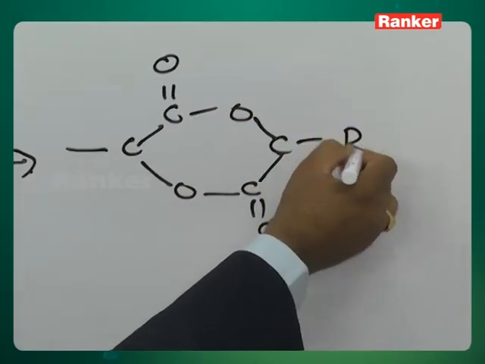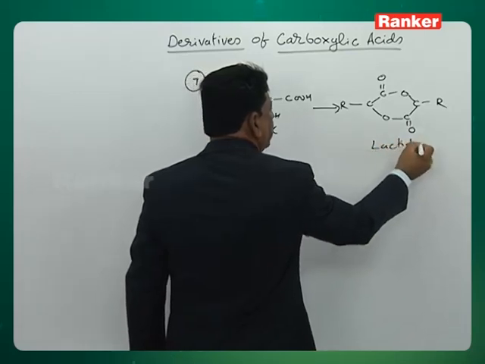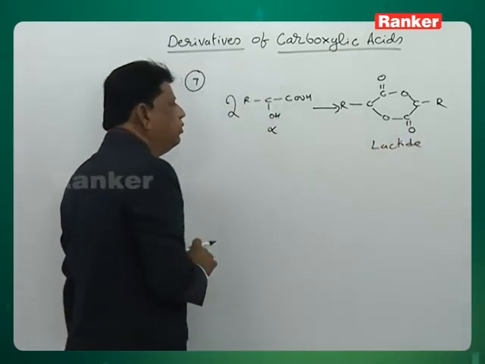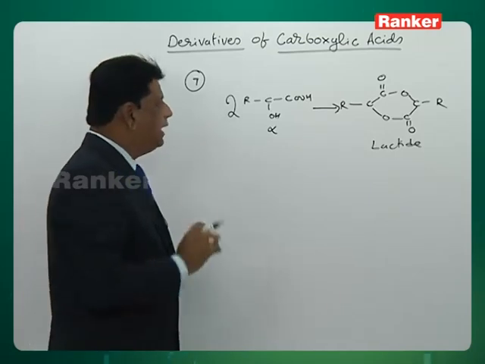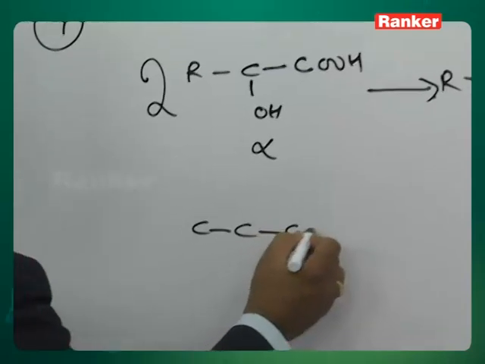This is called a lactide. This is called lactide. When a hydroxy group is at the alpha position, lactides are going to form. When the hydroxy group is on the